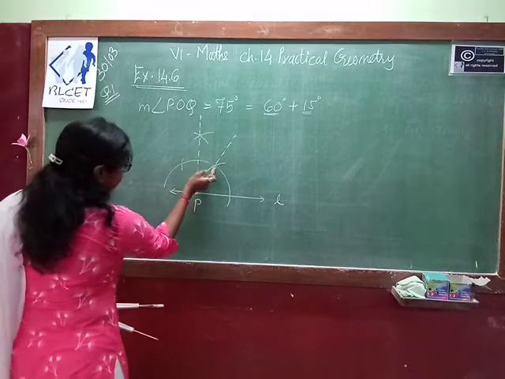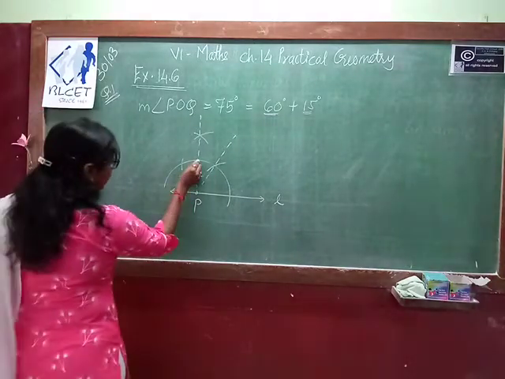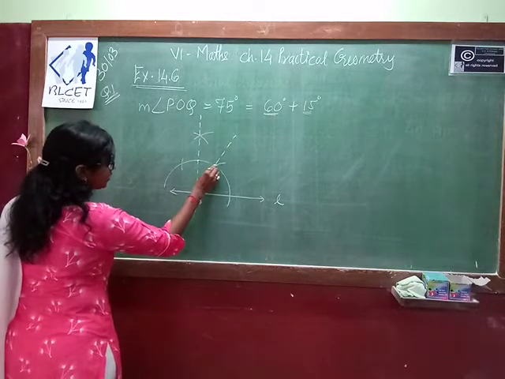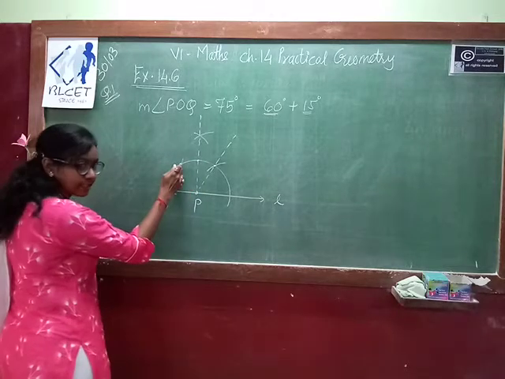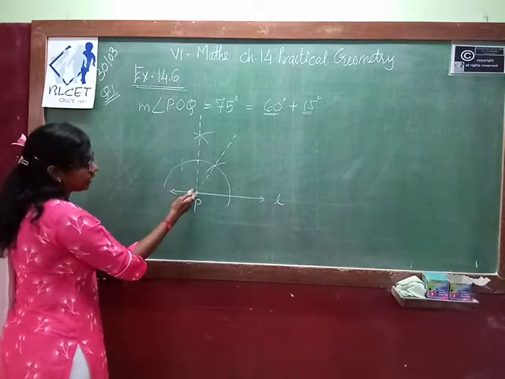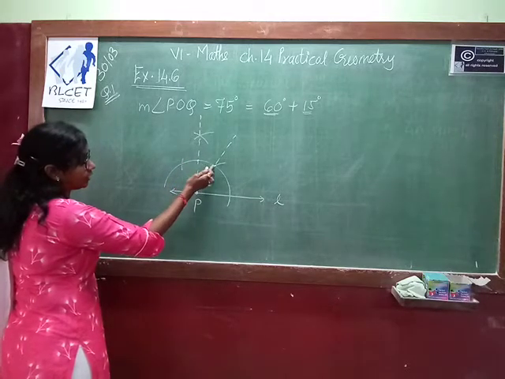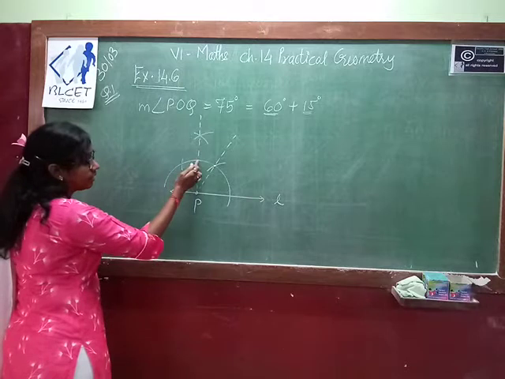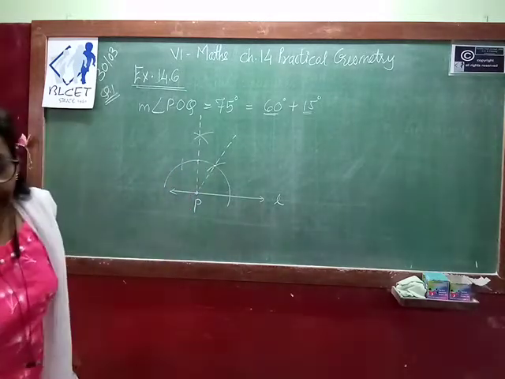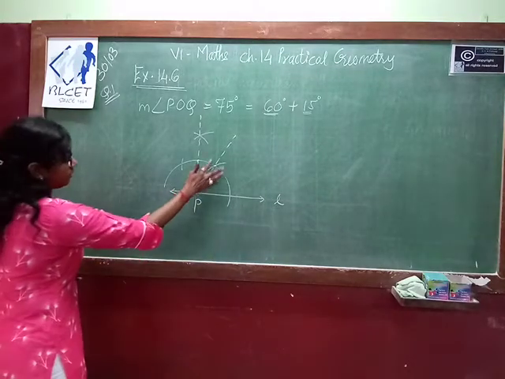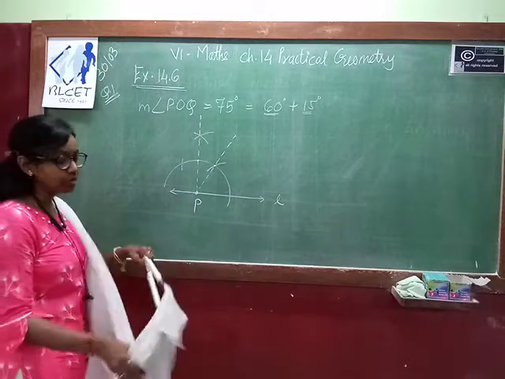Now we bisect this and this portion, because this is your 30 degree. The whole is 60 degree. When you draw the 90 degree angle, this is the bisector of the 60 degree angle. So already it is 30 degree now. 30 here, 30 here. Now we bisect this 30 degree, so that we are getting 15 degree. So this 60 plus whatever bisector you are getting, that is 15. So 60 plus 15 will give you 75.